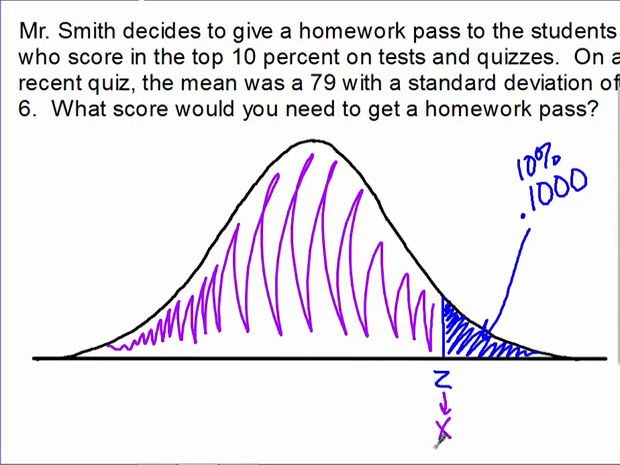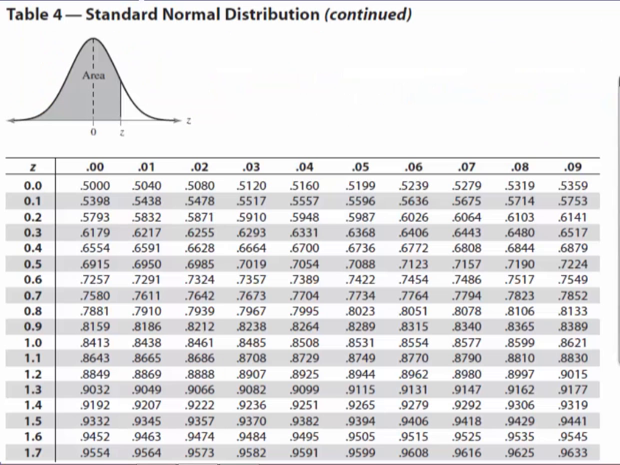So, if I know that on the right-hand side I want to be in the top 10%, that means I have to do better than 90%. Because if I score better than 90%, obviously I'm in the top 10%. 90% is the same as 0.9000. So I'm going to go to my table. And once again, here it is. I'm going to look up